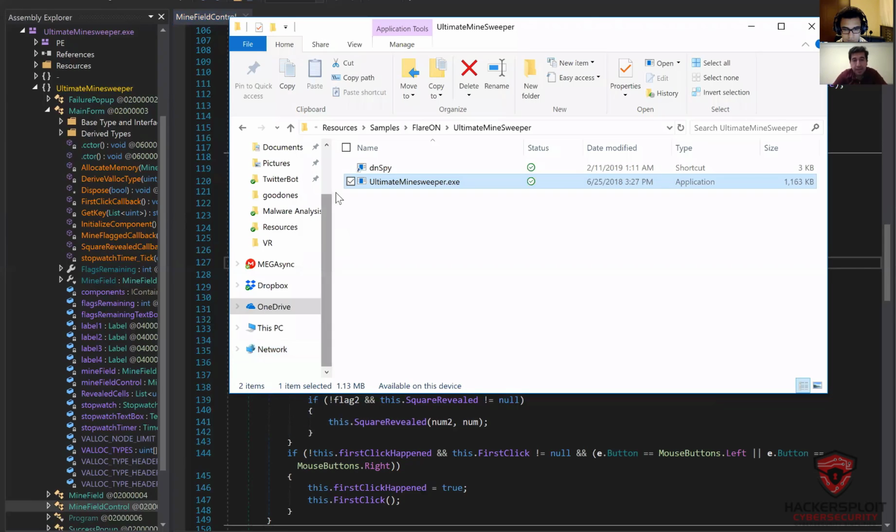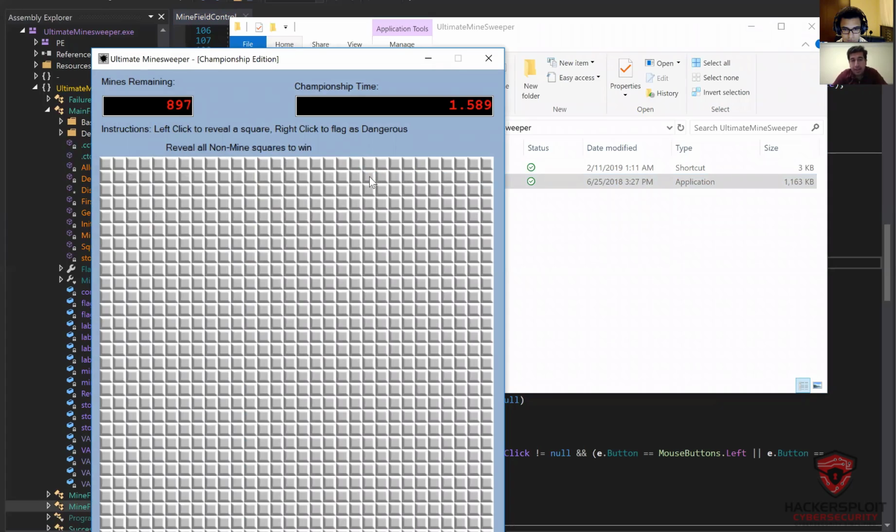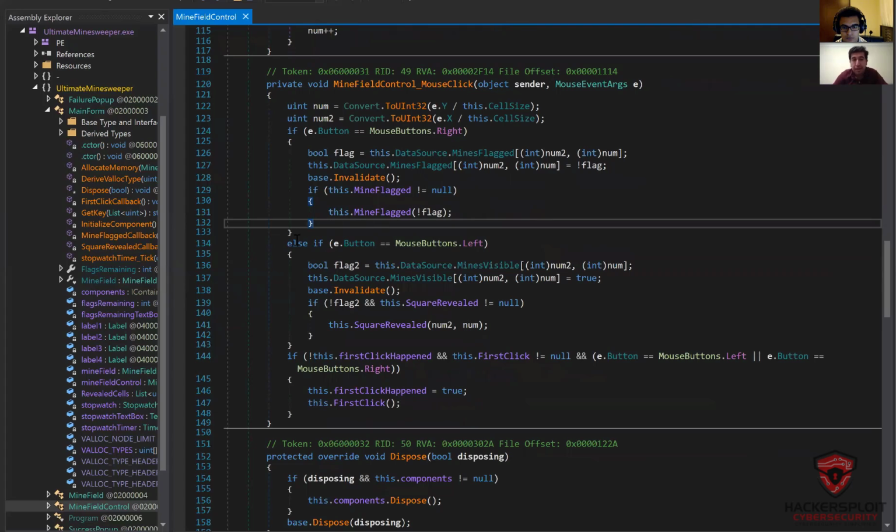We can see it up here: right click, another right click, remove it. Right click, another right click, remove it. So we can understand this part. Then, I don't know, invalidate, whatever. If this mine flag is not null, okay, we understand this part. Anyway, we go to the